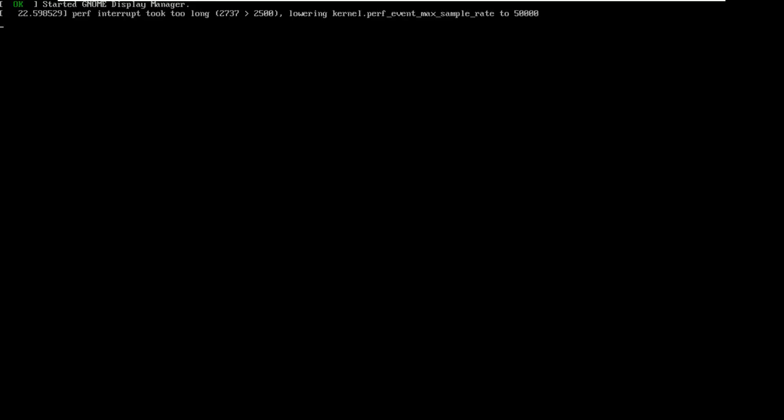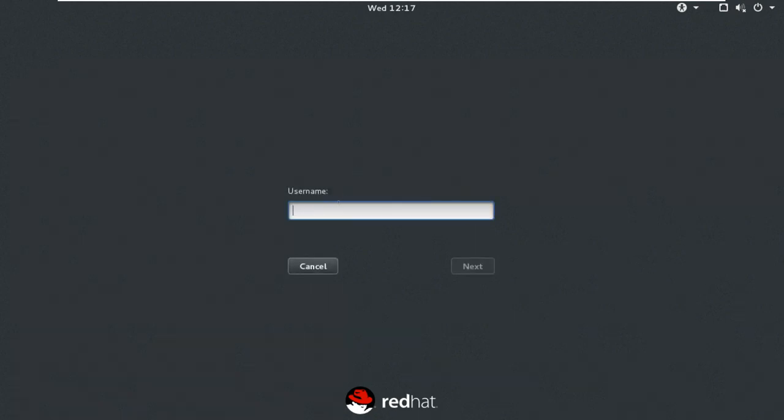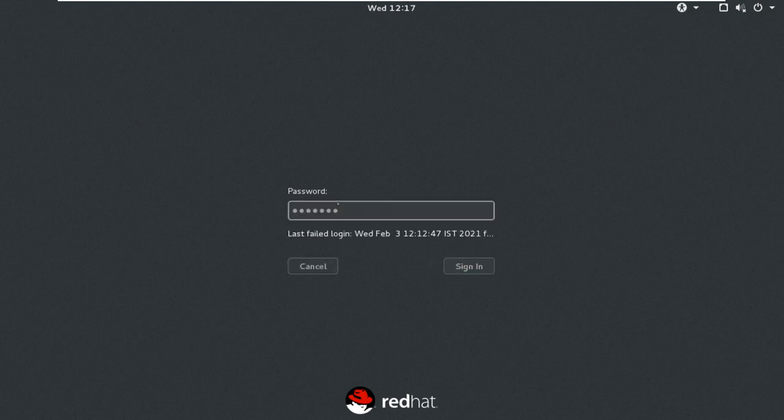And you know what hackers do? Basically they will not change the password for the root user, because if they change it, the root user will know that somebody has changed my password. So if they get access, they will create a separate user and give admin privilege to that user, so that nobody knows that they have made some changes there. So we don't want them or anyone to have access.